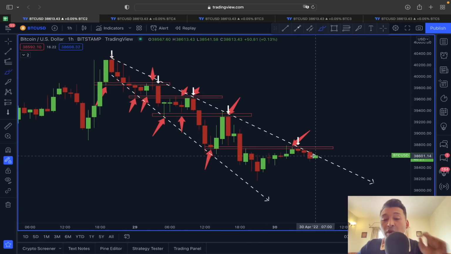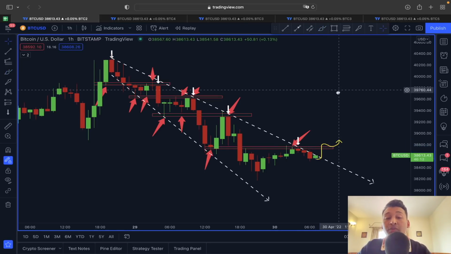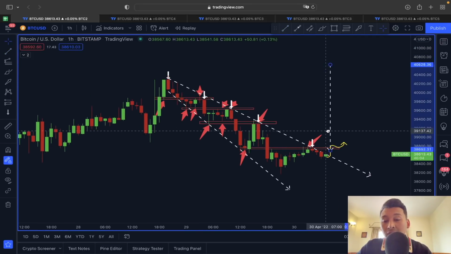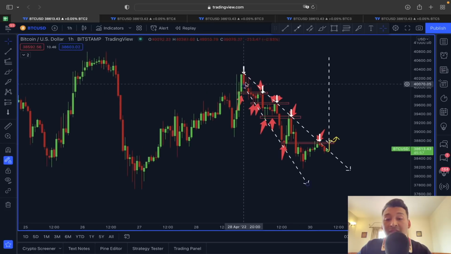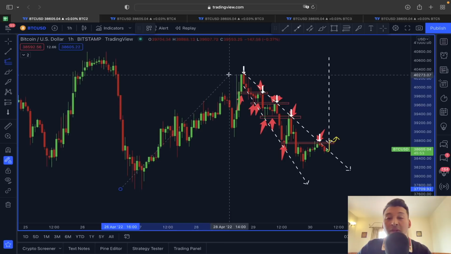So now what we want the price of Bitcoin to do is break this resistance from the falling trend line and also the previous support line. If it does manage to do that, then guys, here in the immediate short term, the price of Bitcoin could be showing this bullish movement towards this 40,700 range, because we know, guys, if you look at this whole price movement using this Fibonacci extension line from this swing low till this swing high,